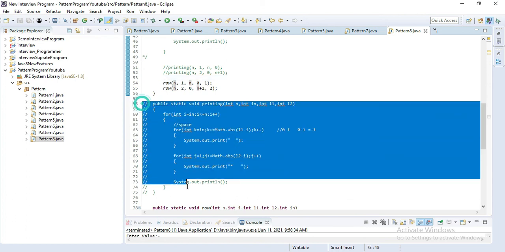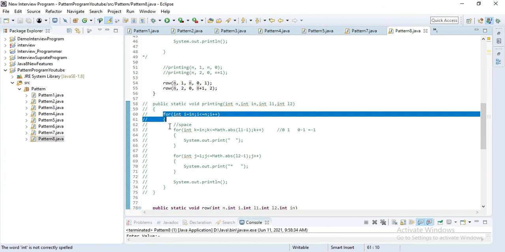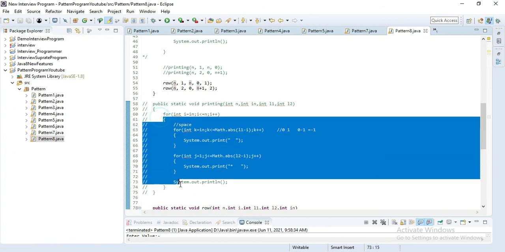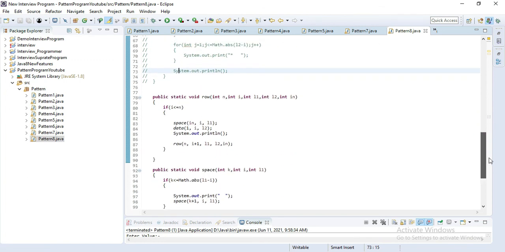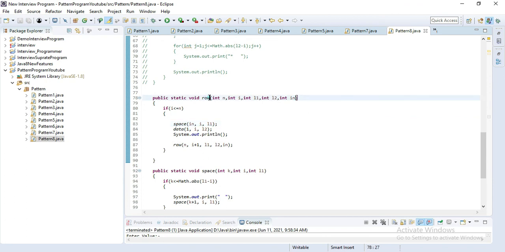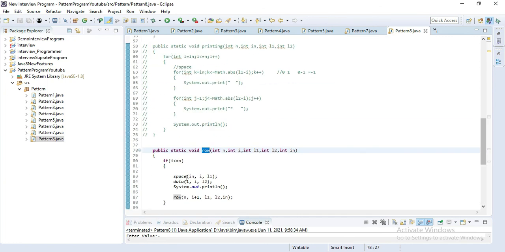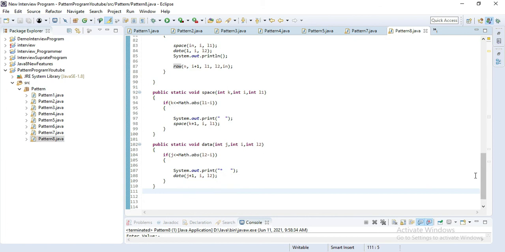Here we use just one method, and inside it we declare one outer for loop and two inner for loops, and within these three for loops we complete that diamond program. Then in the third step we create recursive functions. Here we create three recursive functions, and we didn't use a single for loop. Without using any for loop we did this pattern program.